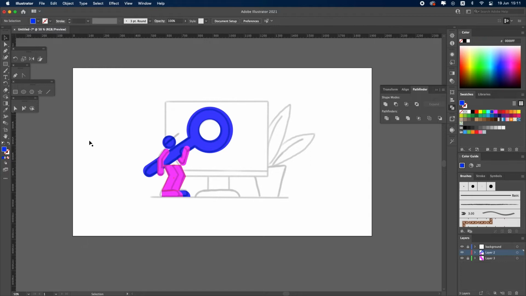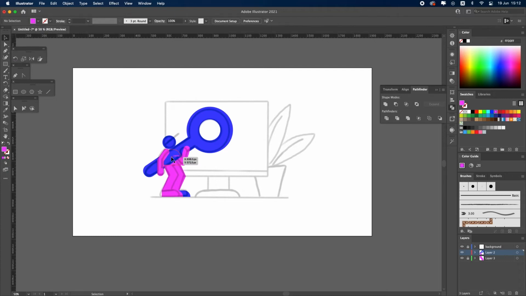We will select the rectangle tool again, and this time we will create the center of the body of the character. Once we have created a rectangle, move it back in the Layers window and enlarge it to fit the sketch. Using the direct selection tool, select the edges of the square and round the corners. Change the color of the center of the body, and as you can see, the character is almost ready.